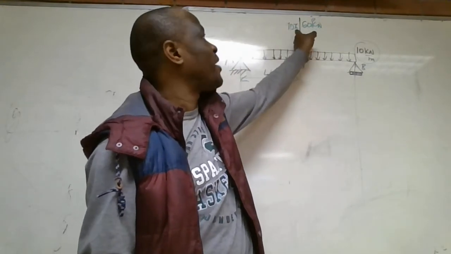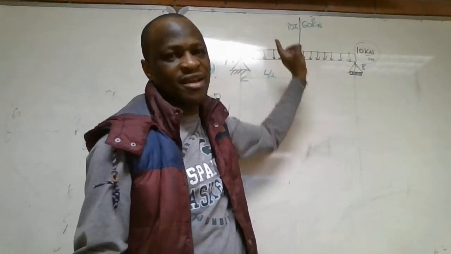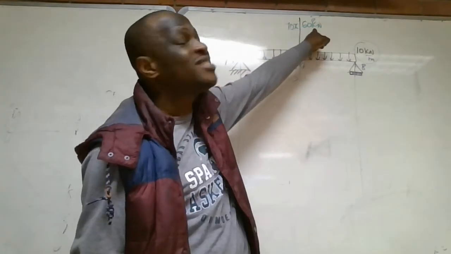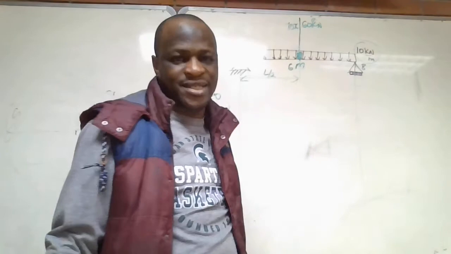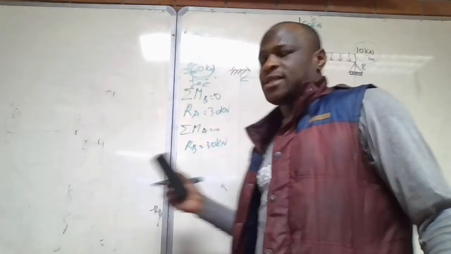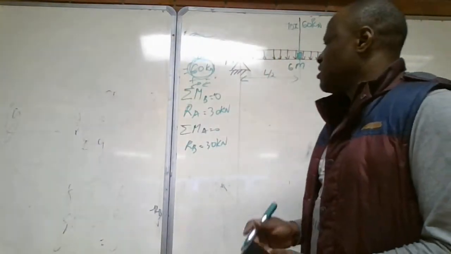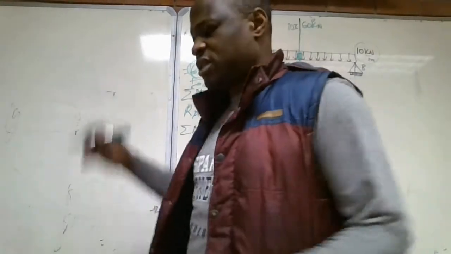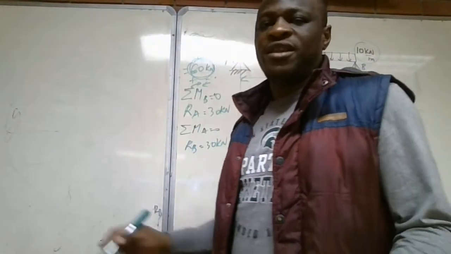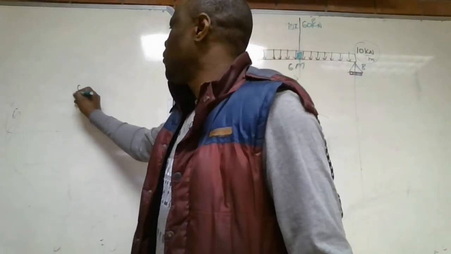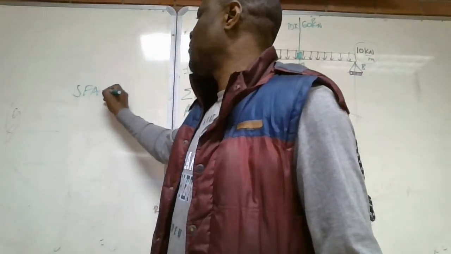And if we replace it by x, our function becomes 10x, which represents 60 kilonewtons once we've covered the whole length of 6 meters. Now, having done that, let's start with the calculations for the shear force, and then we'll do the bending moment diagram. Shear force at A left.